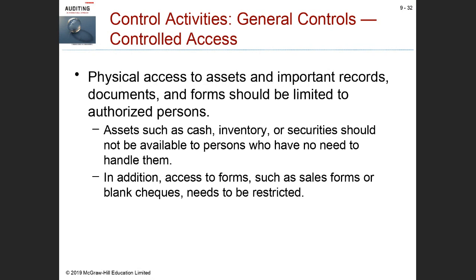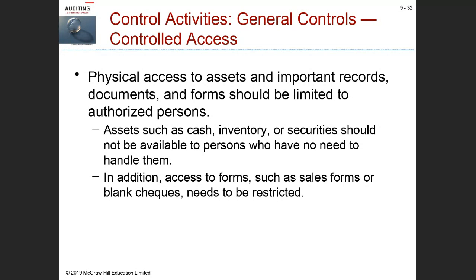Okay, another general control that exists, which is generally important, but more important in certain types of businesses than others, is controlled access. By controlled access, generally we're talking about physical access to assets and to accounting records, okay? So if you want to have good internal control in your business, you have to restrict physical access. Now, when we talk about physical access, the second bullet point here says assets such as cash, inventory, or securities, bonds, stocks, should not be available to persons who don't have a need